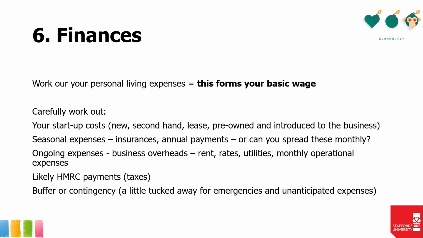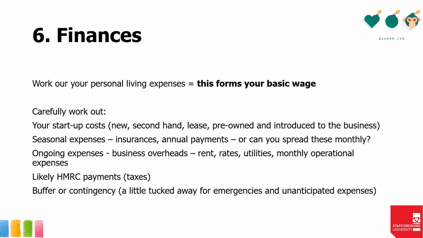I've just paid it because it has to be paid early May. Once upon a time, I did pay that on a monthly basis just to flatten it out. But more recently, in the last couple of years, I just wanted to pay it and get it out of the way. Again, it's down to you, but make sure that you have enough money coming in to pay your business bills